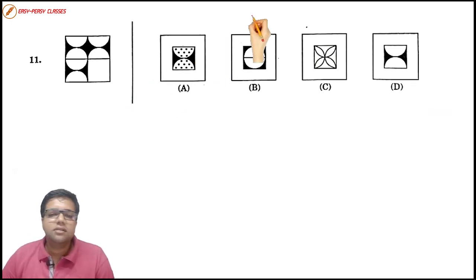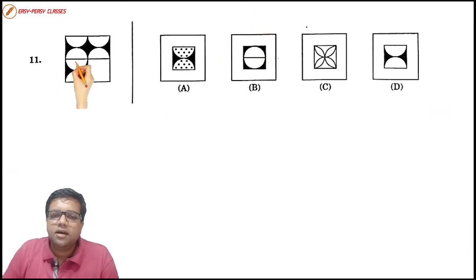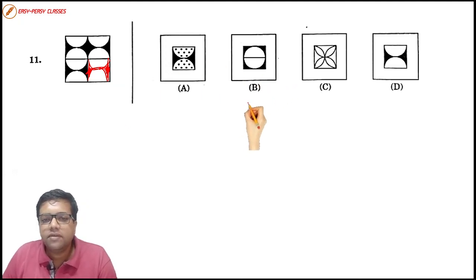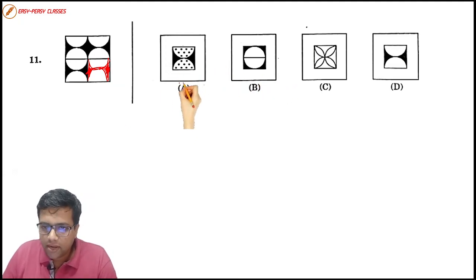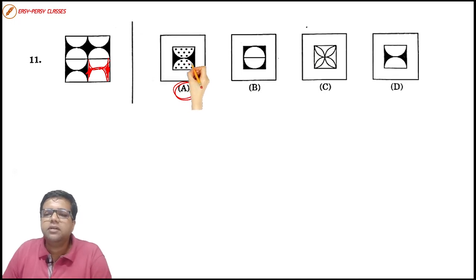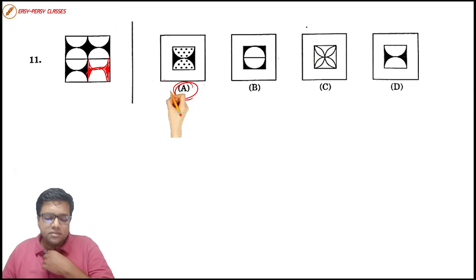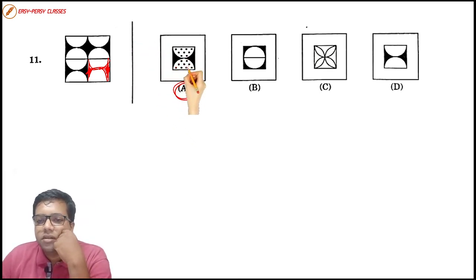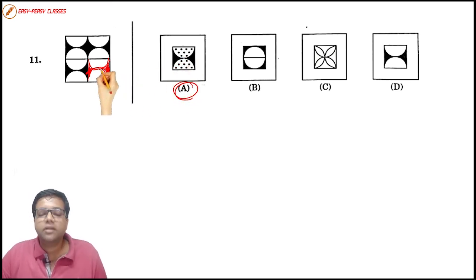See, there are circles and there are semicircles. I think every square has two semicircles. One is facing upside, the other one is facing downside, and the rest of the part is colored, right? This completes the figure somehow. So do we have any of this? Oh, do you see? Look at here. Very interesting question. Option number A has two semicircles, but inside the semicircle, they have put some dots, which is not there in the question.